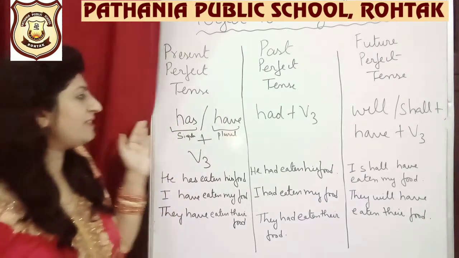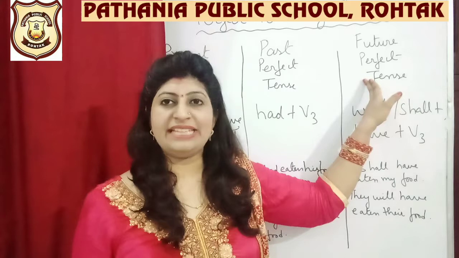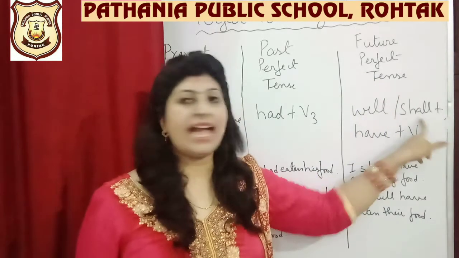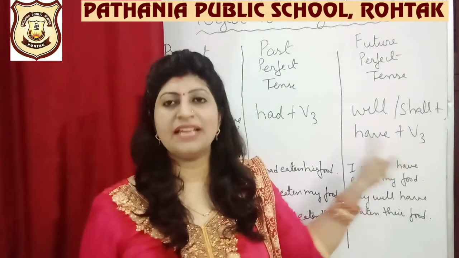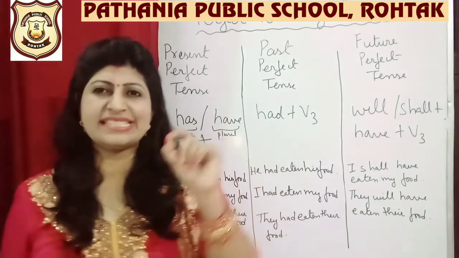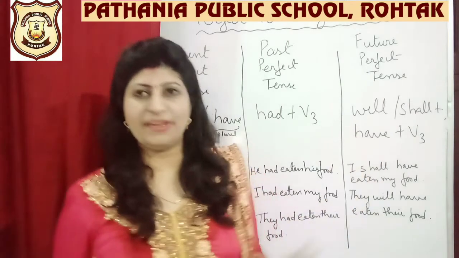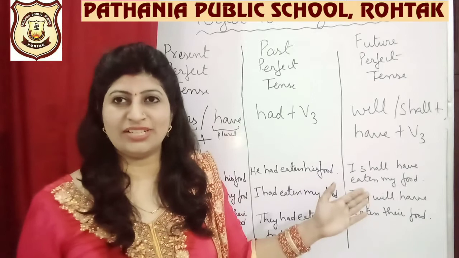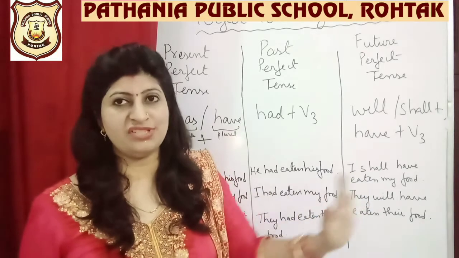So because present tense is using have, future perfect tense is also using have. What is it doing? It is using will, shall plus have plus V3. Okay, so the word have is being used out here. You must have noticed that with a slight difference, every time future tense is almost copying present tense. Like you saw that in the continuous also it does the same thing, except it uses BEB to differentiate it.